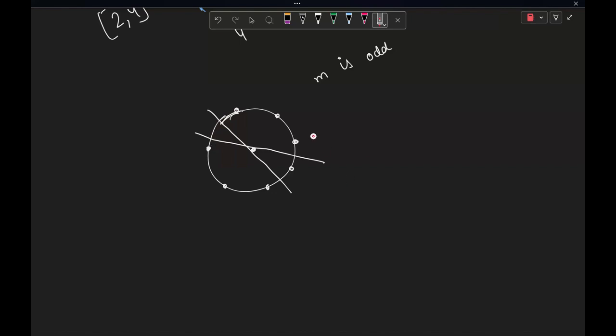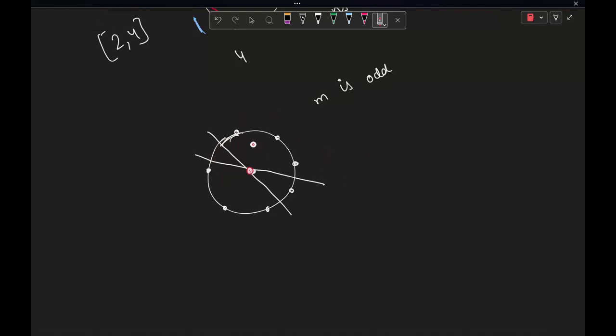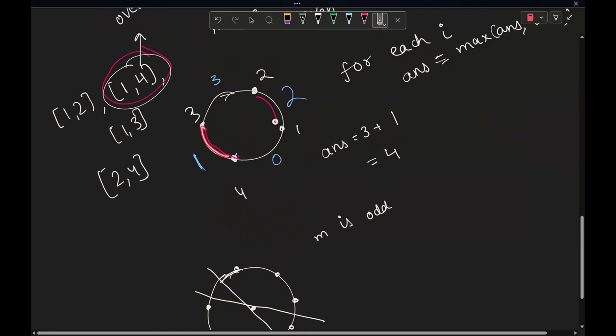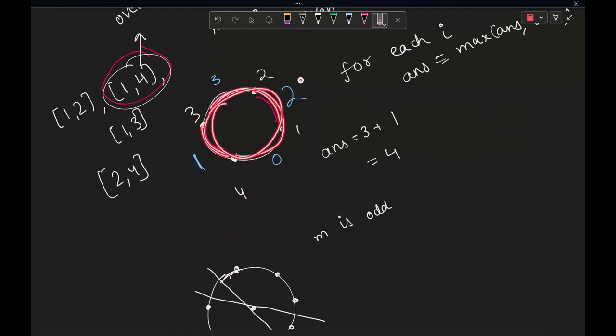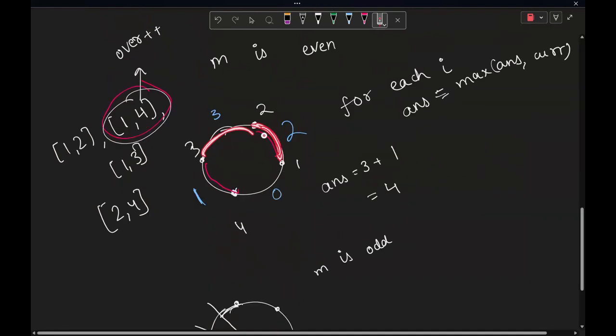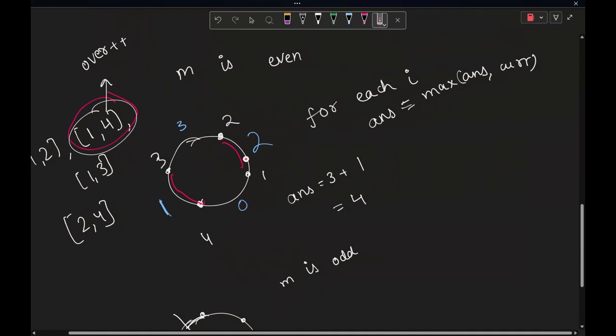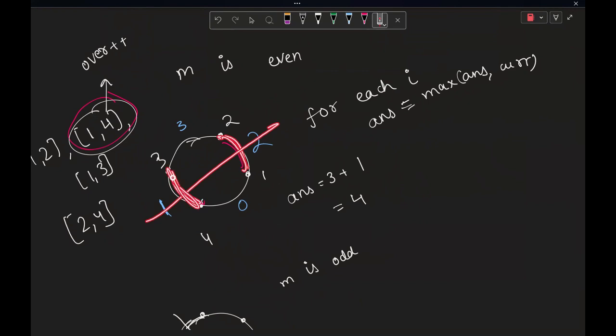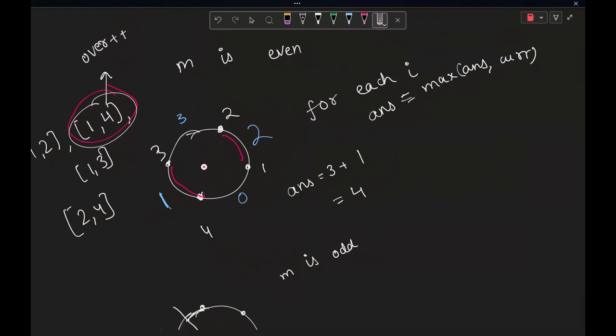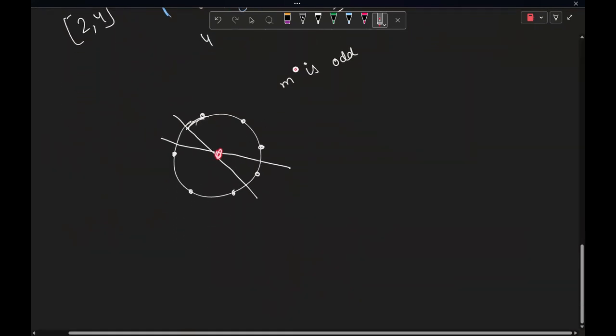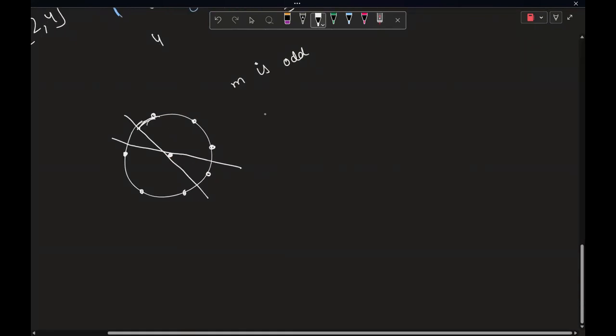So I can actually do the exact same thing as I was doing earlier. In case of m being even, I was calculating the answer for each and every block, and then I was deciding that if I choose this block, if I consider this block coming up in the diameter, then I was having only one choice, which could have come up as the other part of the diameter. Here I will have two choices. So I can just say, yeah,